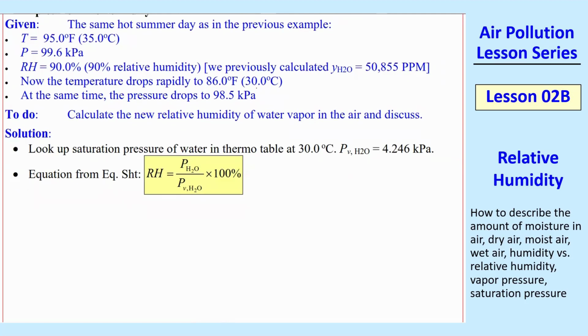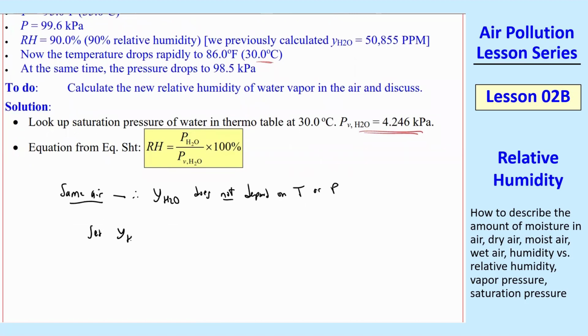So since the temperature changed, now I look up in the table a new Pv,H2O, which is now smaller than the previous one we had since the temperature has dropped. So if we assume here it's the same air, therefore the yH2O, this mole fraction, remember we talked about this last time, does not depend on T or P, so it should be the same. So we'll set yH2O the same as last time, which was 0.05, and I'll put in all my digits to be accurate here,